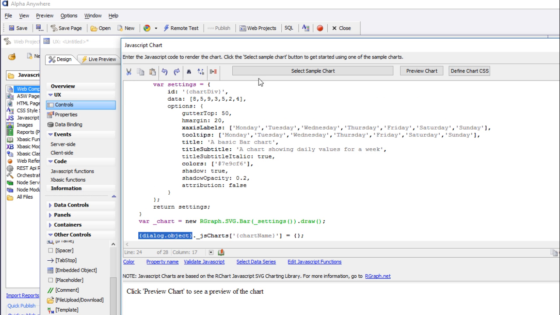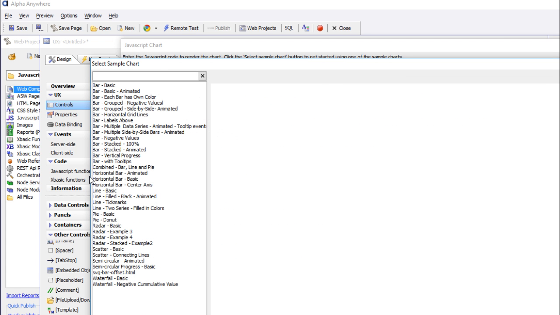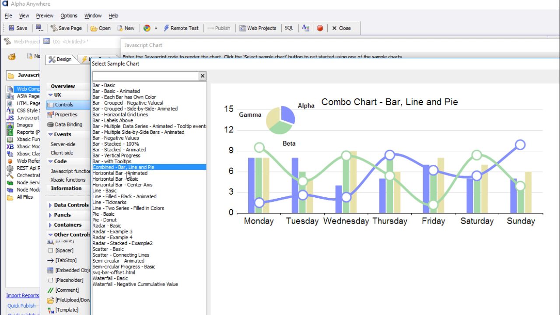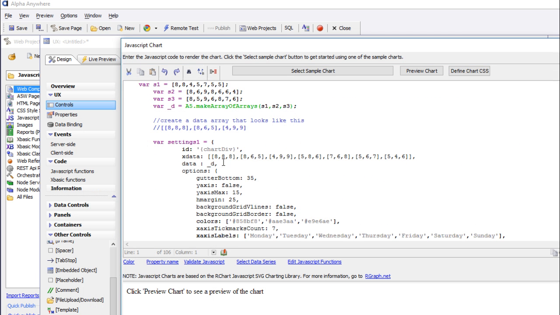But in this case, we have a simple chart that is based actually on only one subchart, but charts can be more complex. So for example, if we go to this chart over here, the combo chart, this chart is actually based on three separate charts. We have a pie chart, a line chart, and a bar chart, all being displayed as part of the chart. If we look at the JavaScript for this,